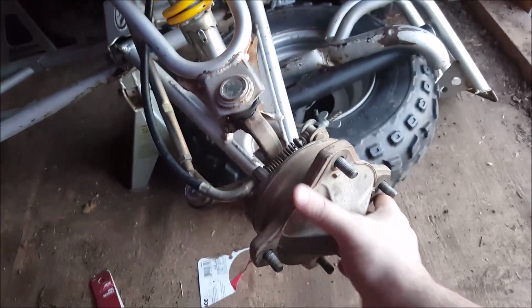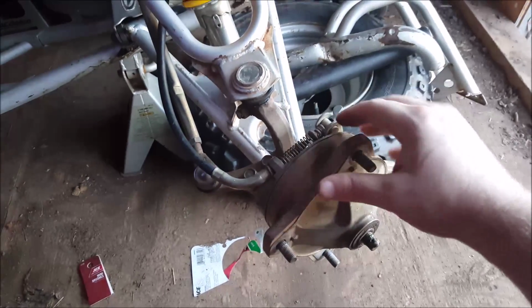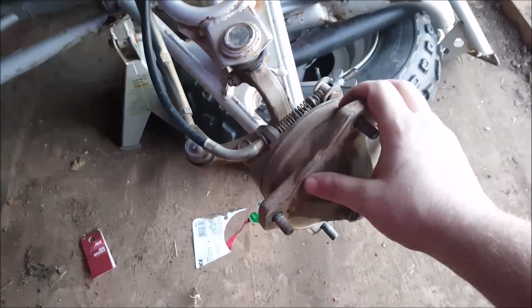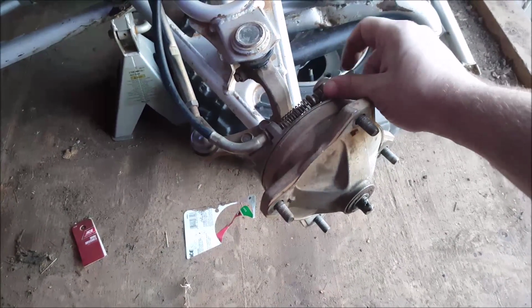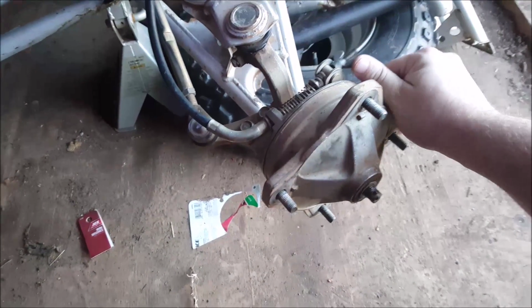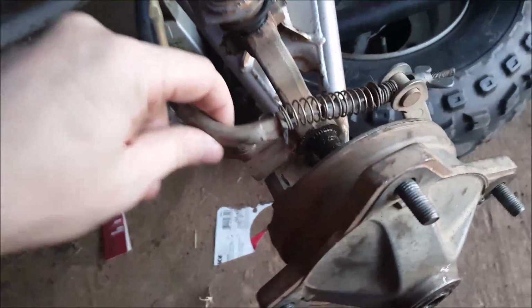Next thing you do is you notice the whole entire assembly is coming off of the shaft. You may have to, I actually had to hit this a few times with a hammer to loosen it all up, but eventually it will pop apart. Maybe. Yes, and this is how you remove the actual